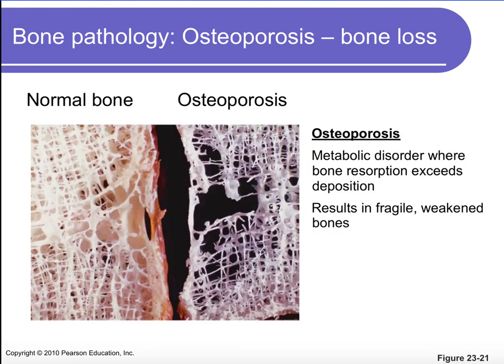And then a pathology related to bone is osteoporosis, and this is something you might be familiar with. This is a loss in bone mineral density. So here we can see normal bone, and here we have an image of a bone from someone suffering from osteoporosis. So we have increased resorption of bone, and we are not laying it down like we normally should. We're breaking it quicker than we should, and so it really results in bone that has become weakened, more fragile, and much more likely to fracture.